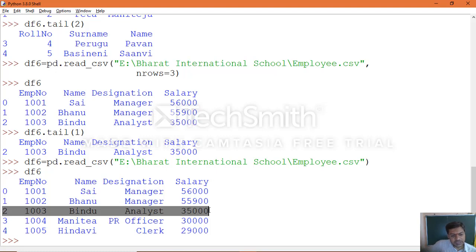Or else, when you know the total number of rows, you can specify the number of rows you want to extract, and then apply the tail or head function accordingly, and then you can extract the middle row. With the help of that, you will be able to extract the middle row of your entire file, the way you can make use of the number of rows along with the head and tail functions.